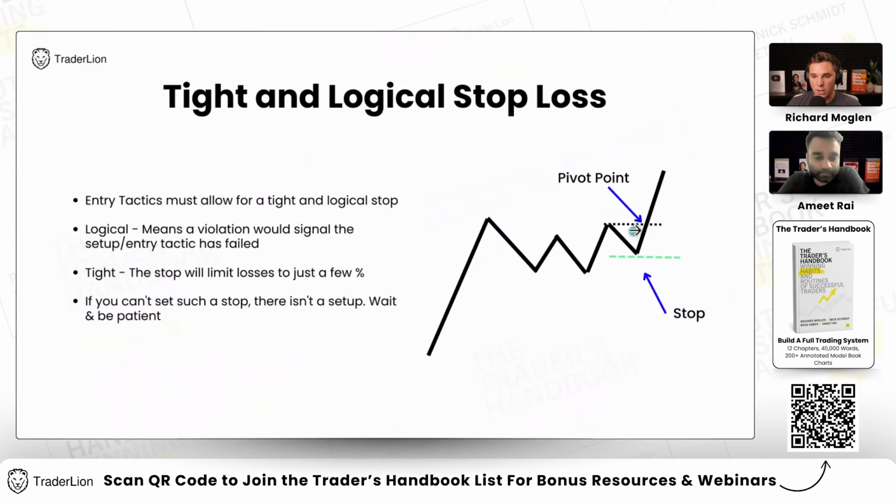So if you want to trade a name that is a little bit wider and looser, or just more volatile in general, but there's still a valid pivot point and setup, what you can do is, instead of taking maybe your typical 15K or 10K position, lower that to 8K or 5K and still participate in that move if it's set up properly. So it's really important to remember that there are different levers you can pull to manage your risk on individual positions, as well as your total portfolio.